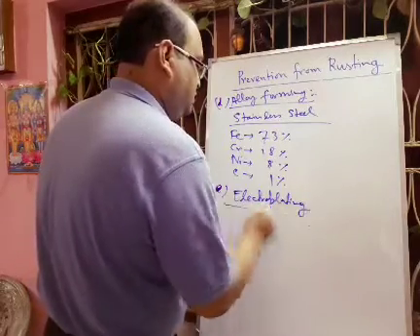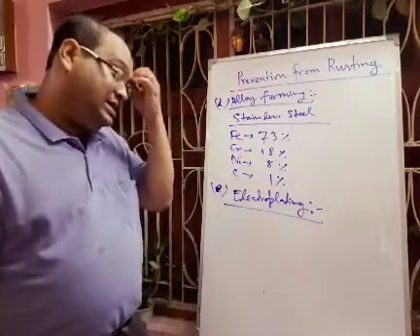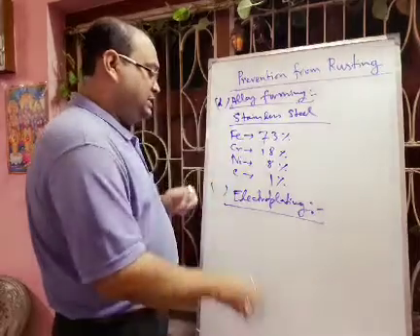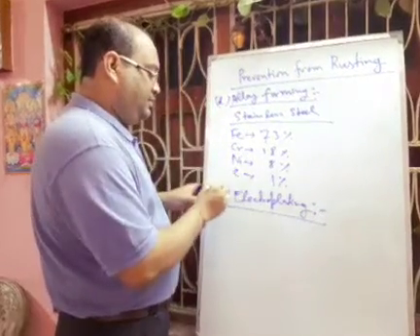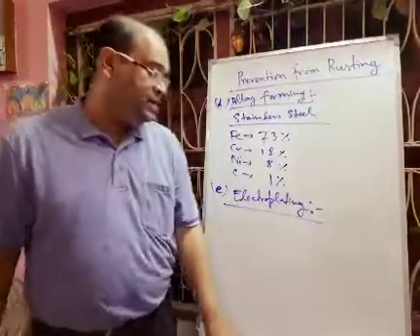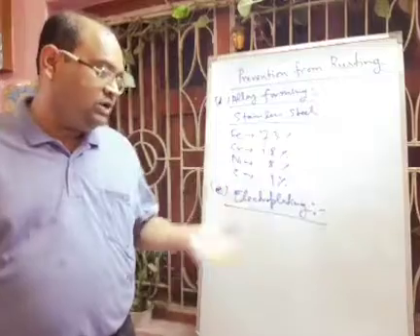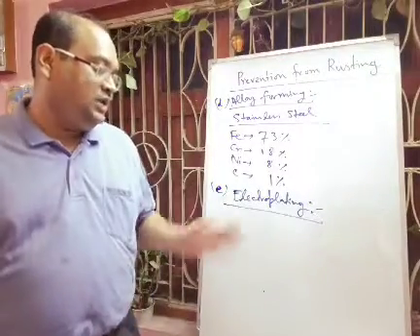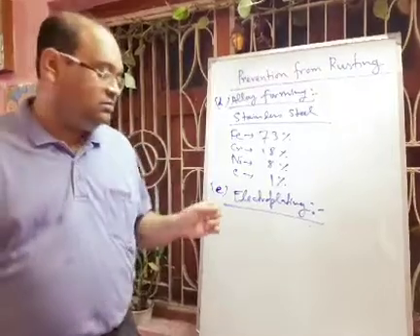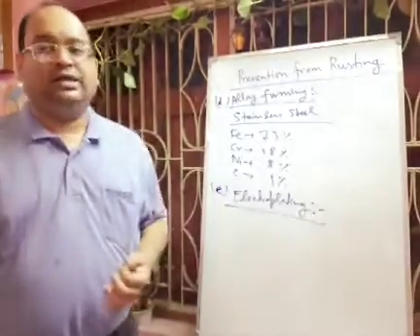Next we will discuss another process that is called electroplating. All of you know that there is some artificial jewelry we are using for decorative purpose, that is, on iron there will be a coating of silver or a coating of gold. So electroplating is a process by which you can deposit one metal over the iron articles.